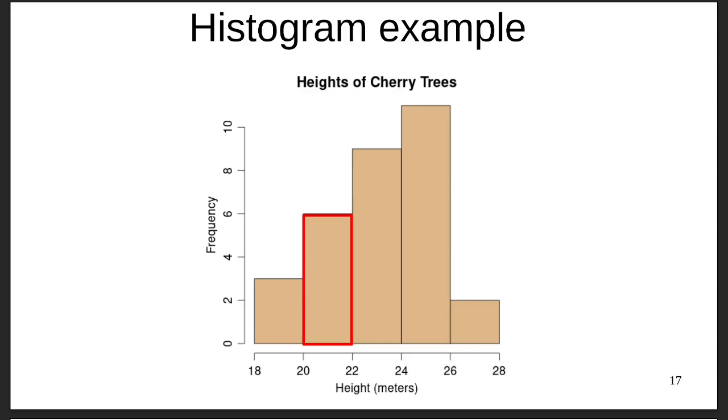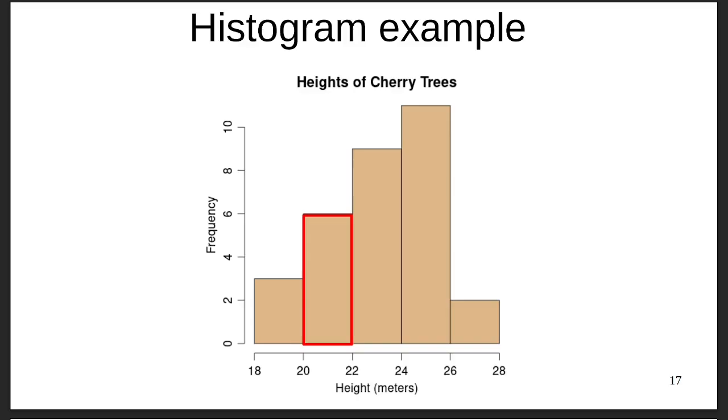This is double the number of trees in the first group. That means that if we were to randomly choose a tree in this orchard, we would have double the probability of choosing a tree between 20 and 22 meters tall compared to the probability of choosing a tree between 18 and 20 meters tall. A probability density function is a lot like a histogram, except